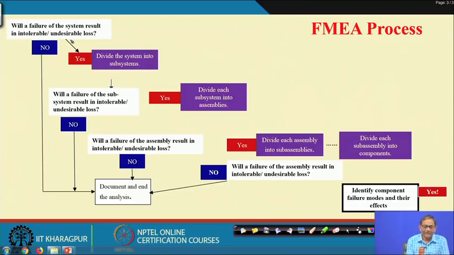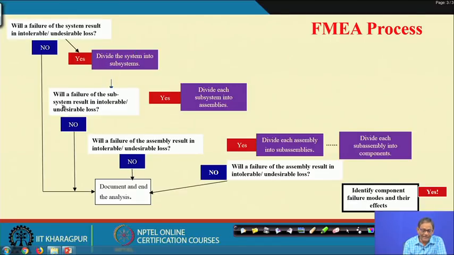Now, when you are talking about a particular system, if the failure of that system results in significant loss, then that is the point of concern. If it is not, forget. If it is yes, then you divide the system into subsystems,